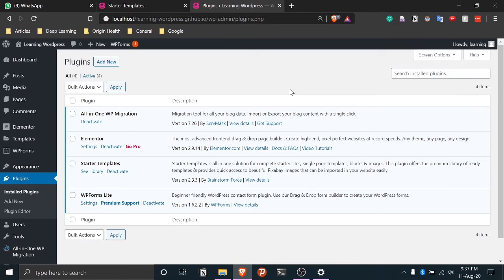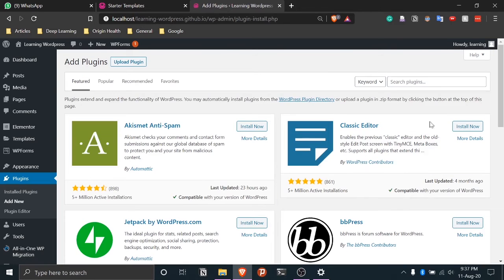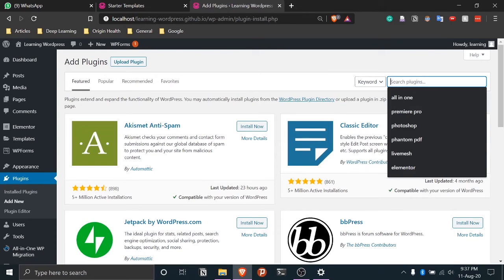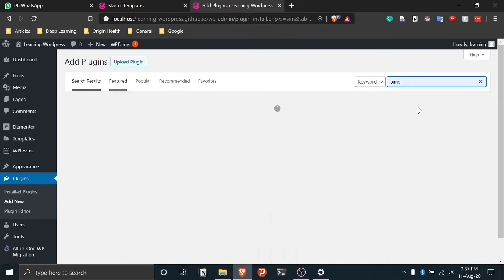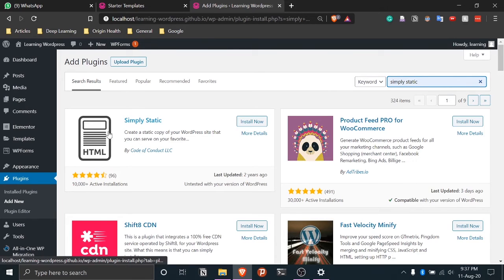Apart from these plugins, we also need another plugin. So we'll click on add new, and we'll search for this plugin called Simply Static. Yeah, so this is the Simply Static plugin that I was talking about. We'll install this, and why we need this, I'll tell you later.